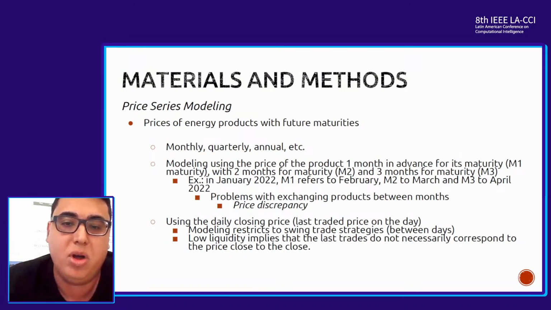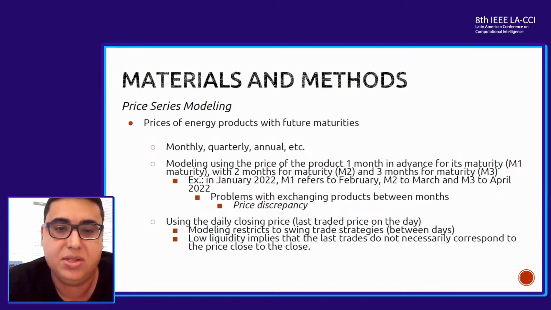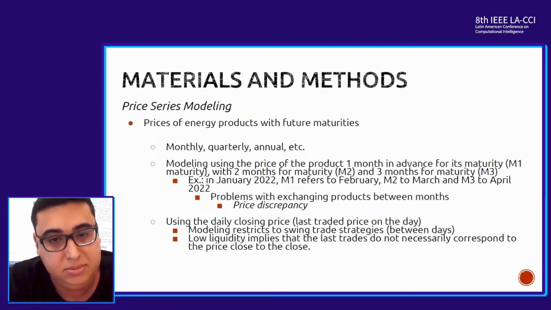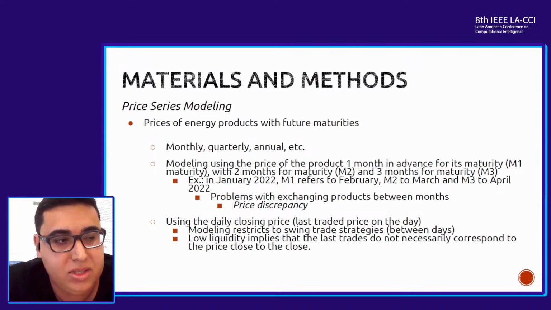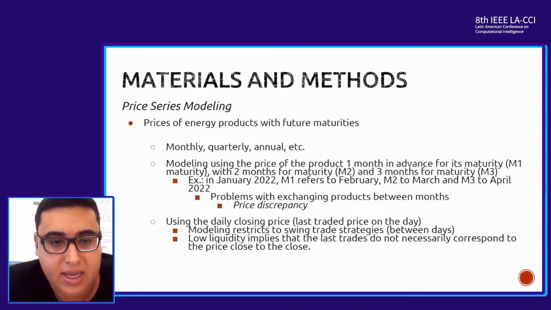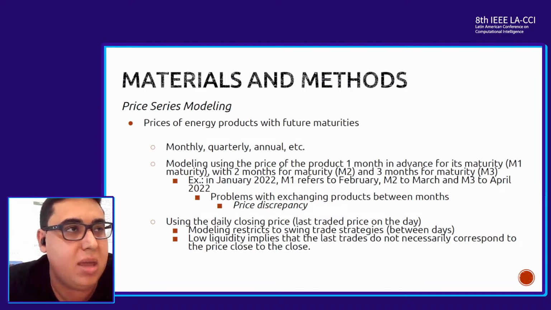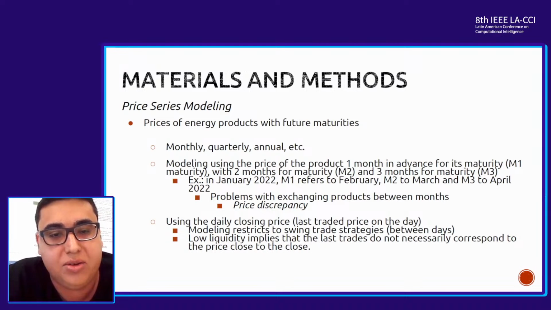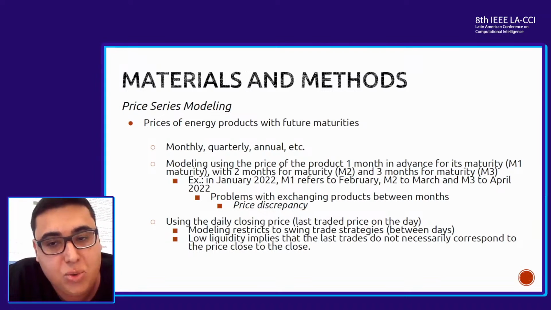So instead of using many products, we converted all these products into a single time series, which we named maturity. To do this, we model the product related to the next month as maturity M1, the next 2 months as maturity M2, and the next 3 months as maturity M3. For instance, if we are in January 2022, M1 refers to February, M2 refers to March, and M3 refers to April of